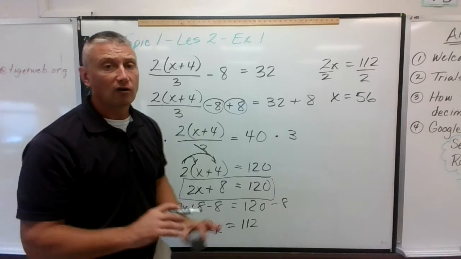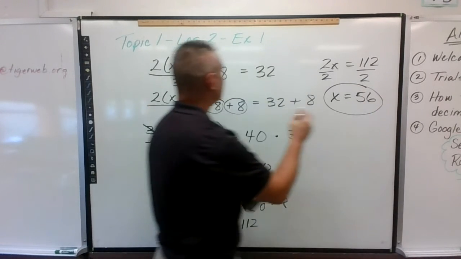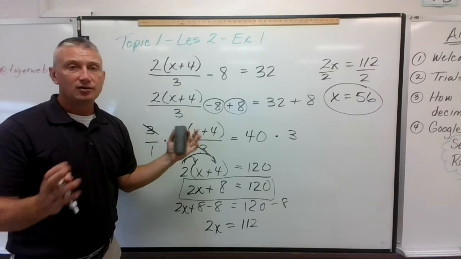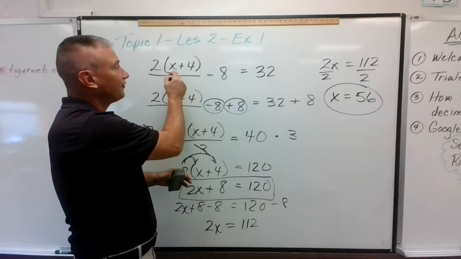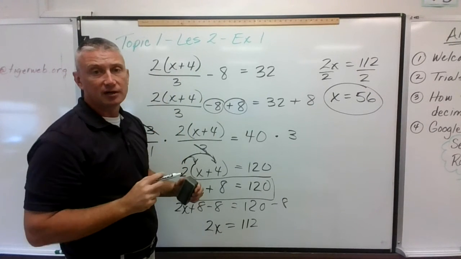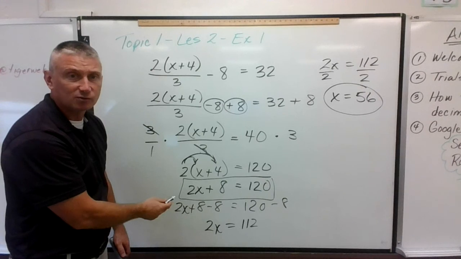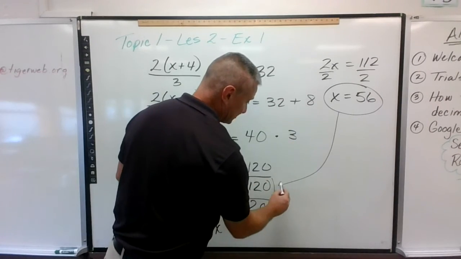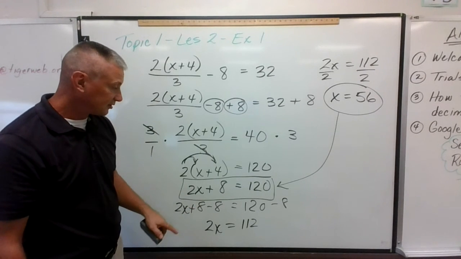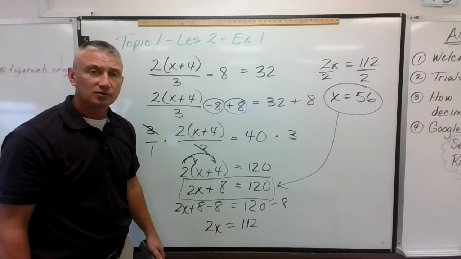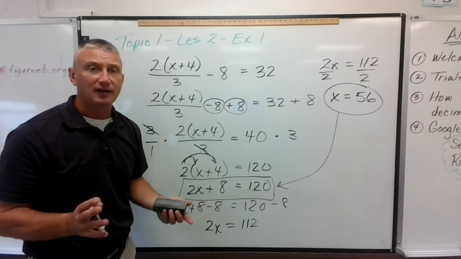Now, in all equations, you can never miss an equation, because if you take the number 56 and you place that number back in your original equation, you should have something that equals. Now, remember I said we have to simplify these down? You can put 56 back in here and solve this and make sure both sides are equal. But when I circled this down here, I put a box around this down here, here's why I did that. Because once you get to this, you can look down here to make your life easy. So if I have 2 times 56, 2 times 56 is 112. And then I add 8, I'll get 120, which means 120 equals 120, which means we found the correct solution